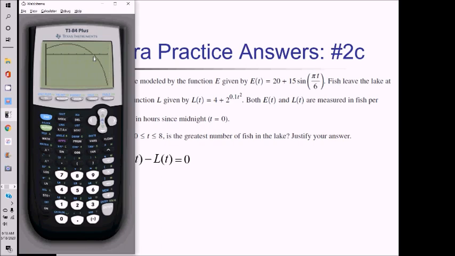So this means that I don't actually need my candidates test. I just need to reason a little bit around this one spot, and this is most likely going to be our max fish happening at this time. So to figure out what spot that is, let me do second trace and 0, and press enter a little bit to the left of that, and enter again a little bit to the right, enter one more time, and we see that this is going to be a value of about